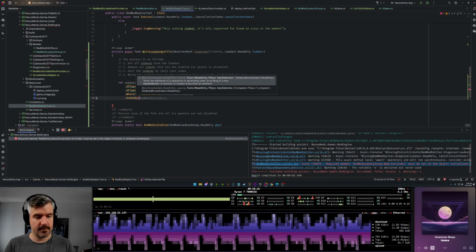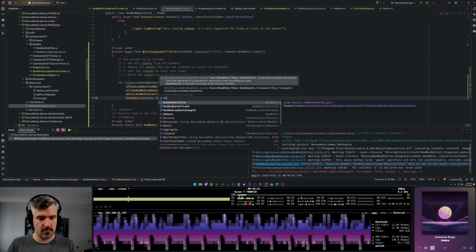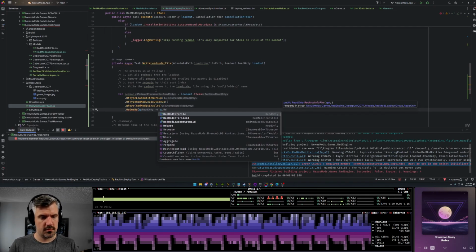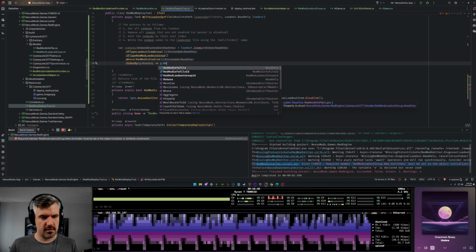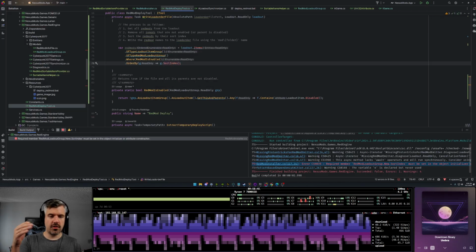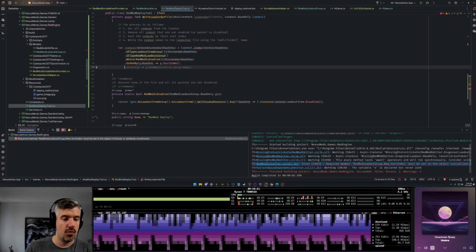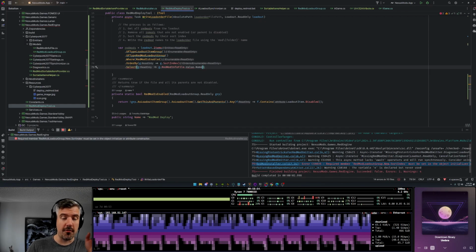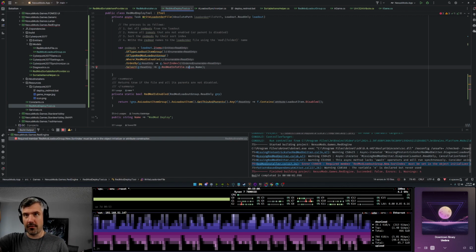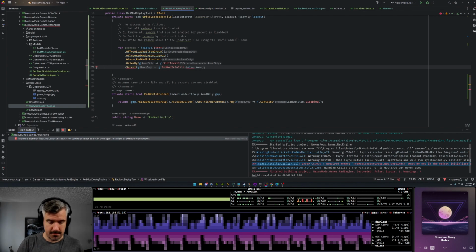Order by red mod. Why does this say info file sort? There we go, sort. So we want to sort it by the sort index. And then for each one of these, we want to take the file. So this is what's kind of cool about this: we have this group, and from the group we can move up. We can go to the file, and then from the file itself, we can get the to name